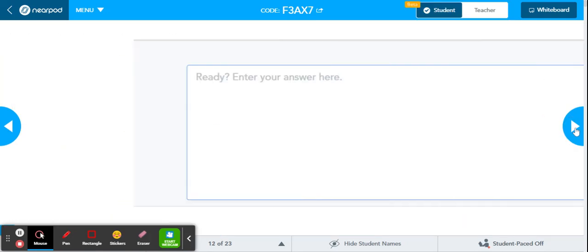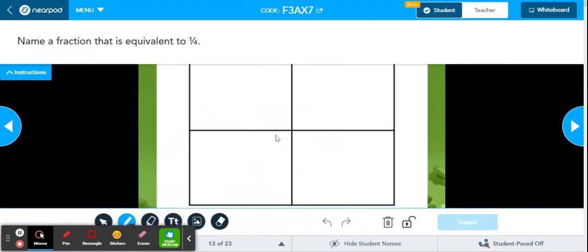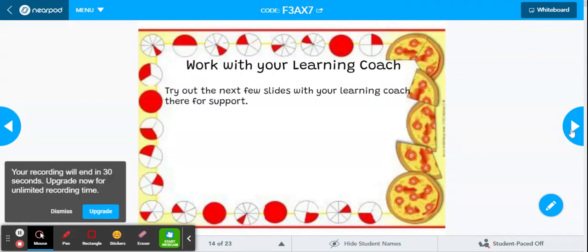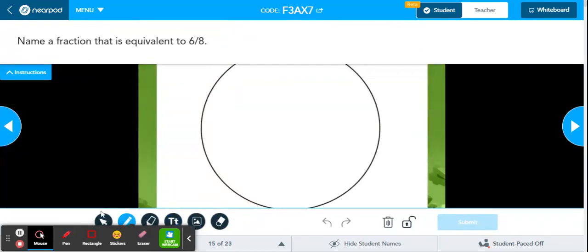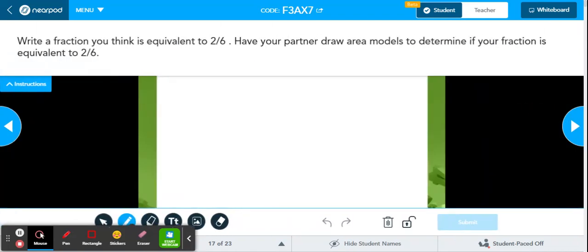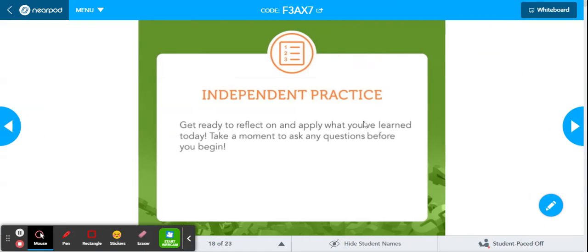There's a game to play next, a fraction matcher game, which will take you to a different site. Then you have another quick one to do on your own, and then we're also going to get into some practice with your learning coach. So there's, I think, 3 slides. Let's see, 1, 2, 3 slides to do with your learning coach. Make sure it says partner here, but when you're at home, use your learning coach as your partner, and make sure you're understanding what's going on before you move on to